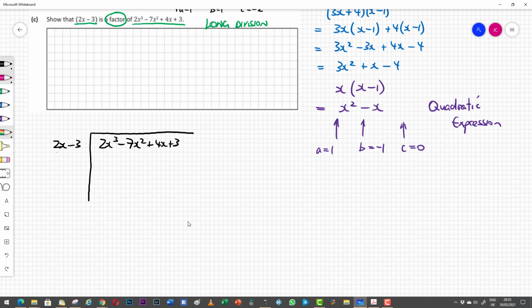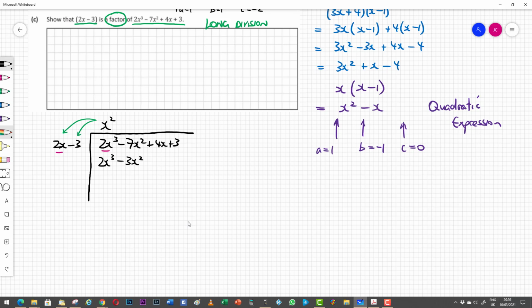We start by dividing 2x into 2x cubed. And 2x, if I divide that into 2x cubed, that goes x squared times. I then multiply that x squared by 2x to give me 2x cubed, which I write down here. And then I multiply that x squared by minus 3 to give me minus 3x squared, which I put underneath